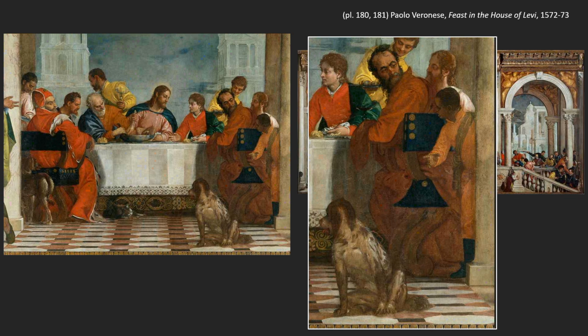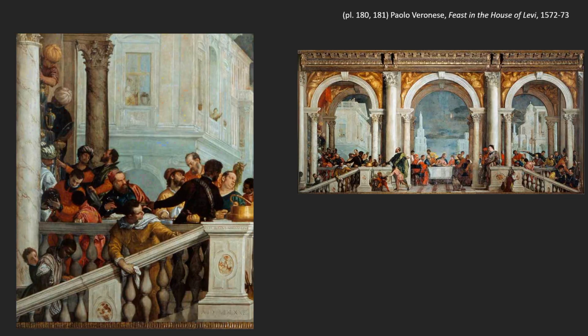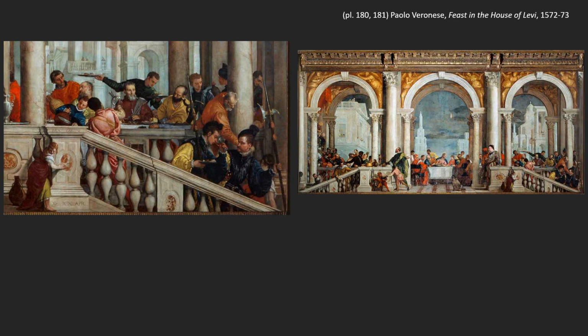And the further we get away from Christ on either side, the less they've heard the message. That's kind of what Veronese is getting at with this: there's a message and it's going to spread. And so he uses the picture to show the spread of that message, and the fact that as we move past the columns on either side, it simply hasn't spread that far yet. But again, this is the sort of thing that has brought him some repute.